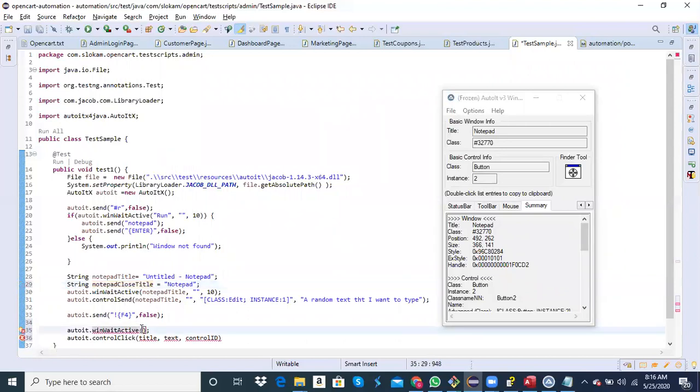Okay, so it will wait for that window to be activated, comma, string, comma, 10 seconds.